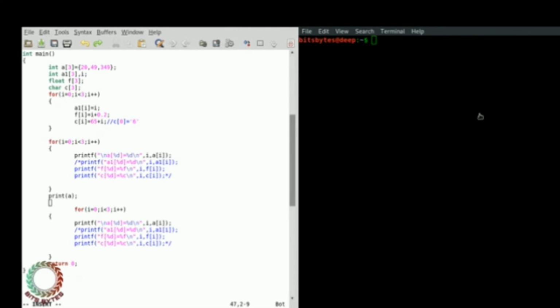We mostly use by reference, not by value, because it helps a lot. We are just sending it in a single shot.